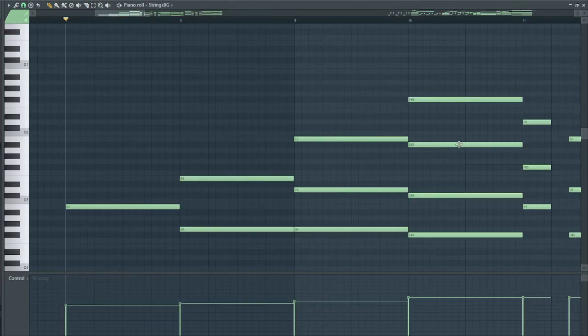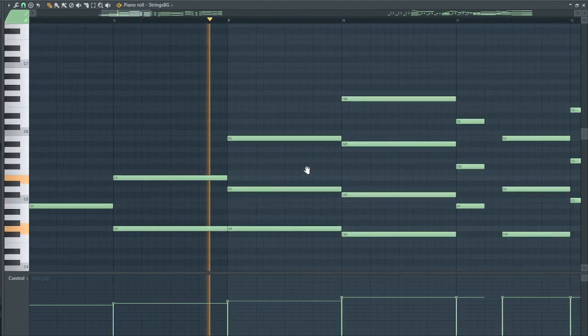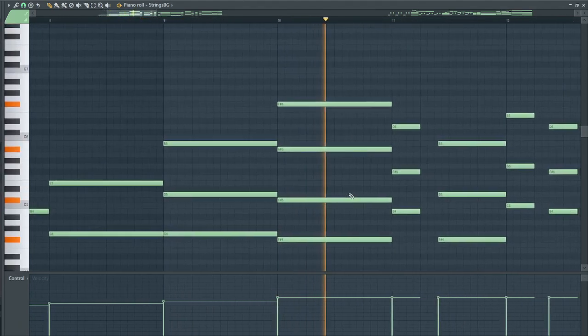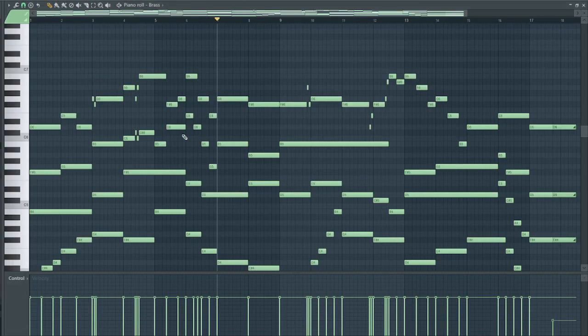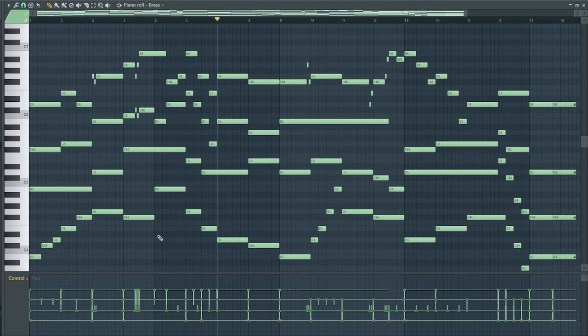And as you can tell on this expanding strings part, the intensity of each note increases all at once. So it expands so much faster, and the next part feels so much more open than the last. And on this brass section, it's a little unnecessary, but